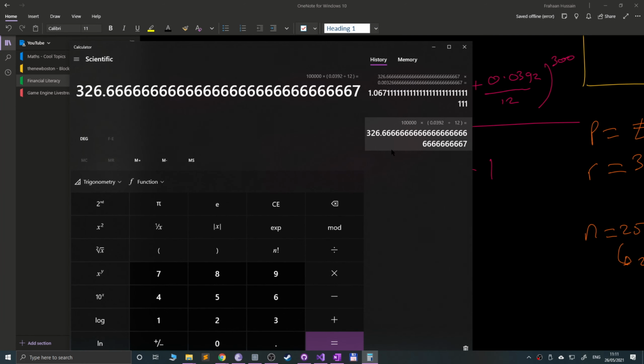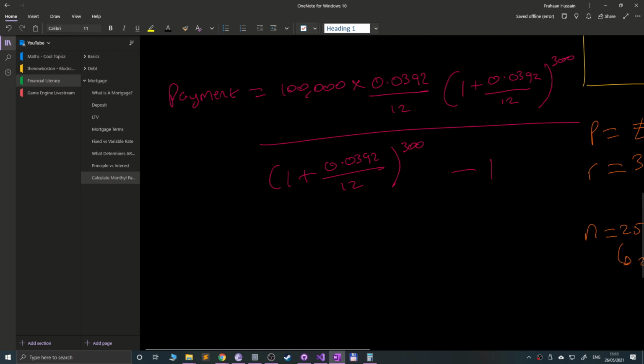So we will round this one up, but obviously if we want the most accurate calculation, then there's no rounding. But this is 0.6 recurring, hence why there's a 7 there. 326.67. So we'll put that 326.67, multiplied by